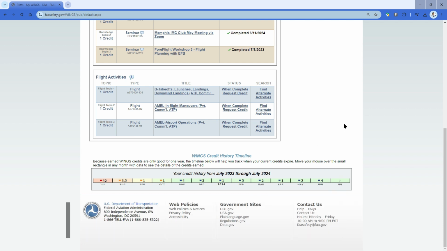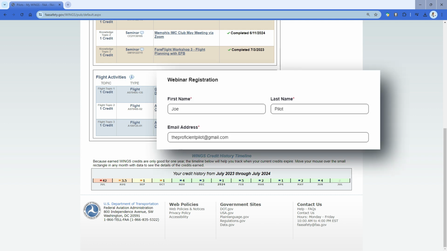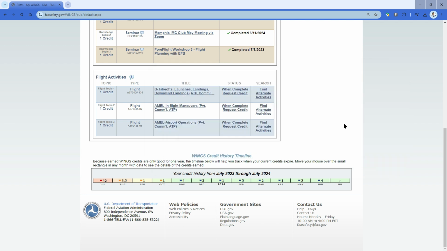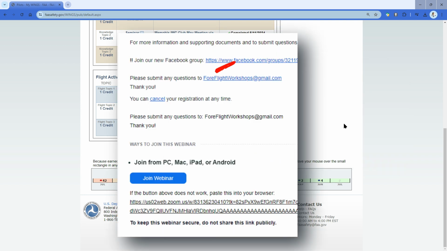For troubleshooting, check the email address with which you registered for our webinar. If it's not the email address associated with your FAAsafety.gov account, then you won't receive credit automatically. If you find this to be the case, simply cancel your registration and re-register for the webinar using the correct